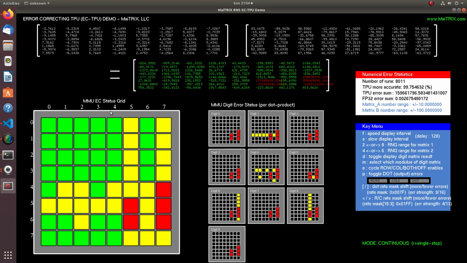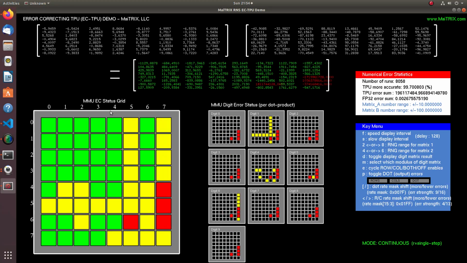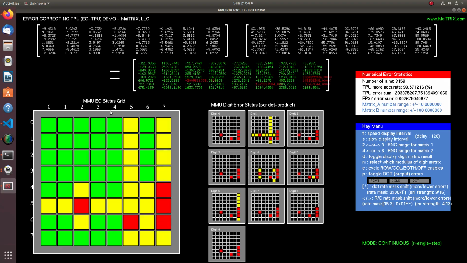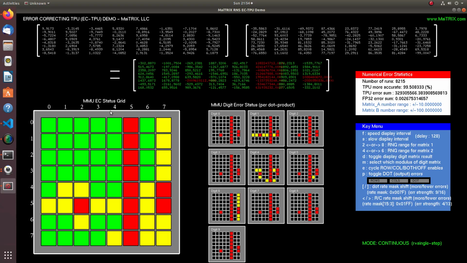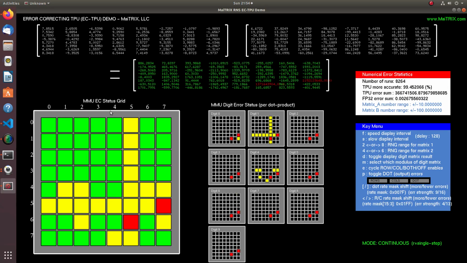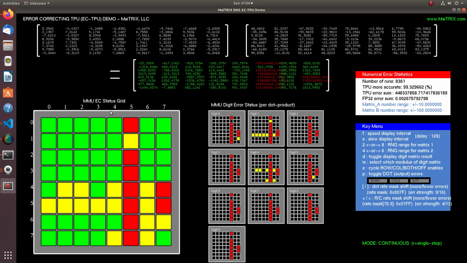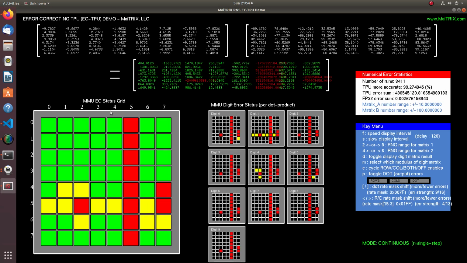Now I've really jacked up the frequency quite a bit more, and these are real errors, not our error simulators, but real errors due to overclocking of the matrix multiply. At this point I'm 40% higher,